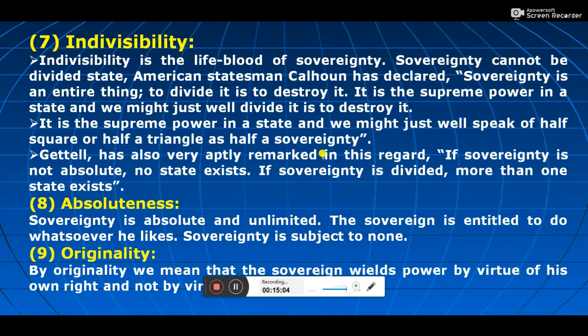Next is absoluteness. Sovereignty is absolute and unlimited. The sovereign is entitled to do whatever he likes. Sovereignty is subject to none. Next is originality. By originality, we mean that sovereign